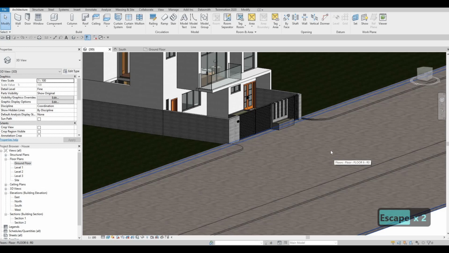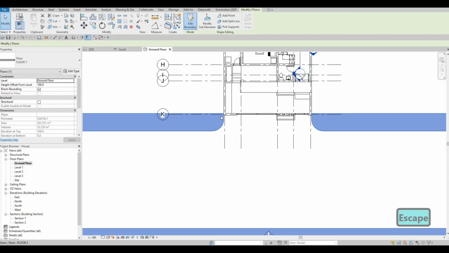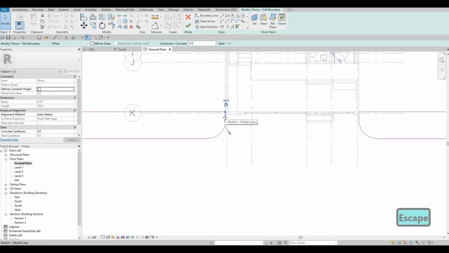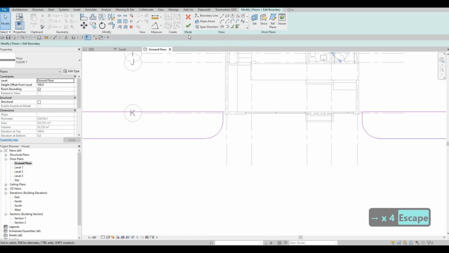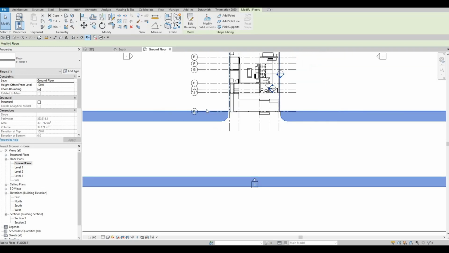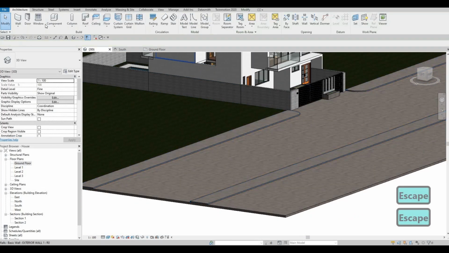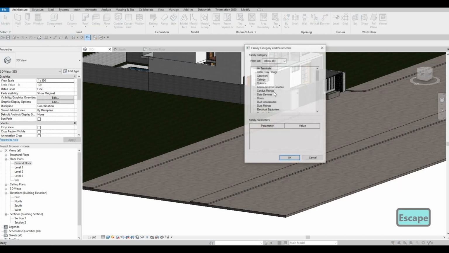And if we want to, I'm just gonna pull it back, edit this one, and pull it back a little. The reason for that is we could add something on the side. So I think it will look good if we put something like this. So I'm going to go to model in place and then choose generic model,